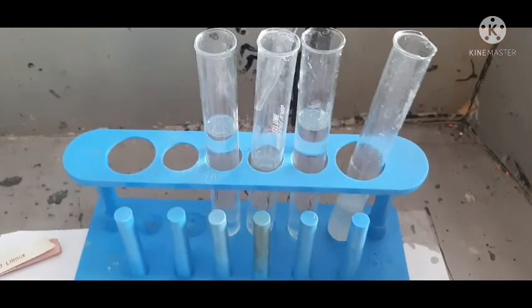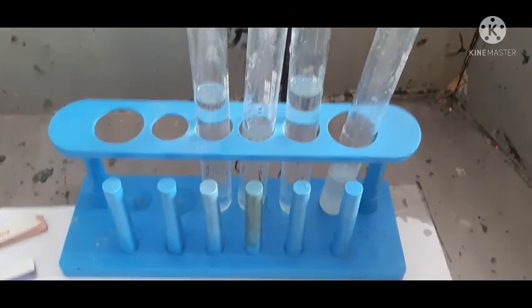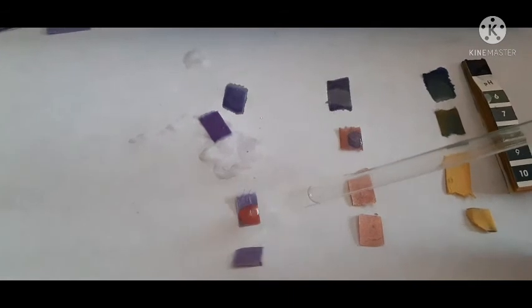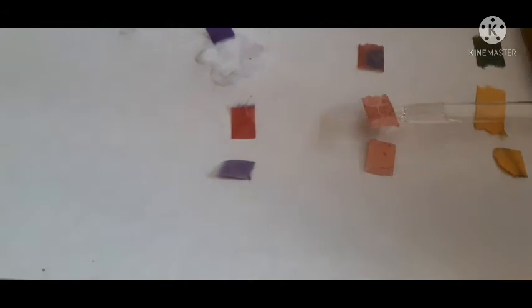Now children, I am just taking the solution from the test tube. You can have a beaker also, but here we have a test tube, so I am just taking a single drop, and again I start to keep it on that particular paper. So you can see that blue turns to red, which is saying that it is an acidic solution. It will give no change on red litmus paper. You can see here it will not give any kind of change on red litmus paper, children.